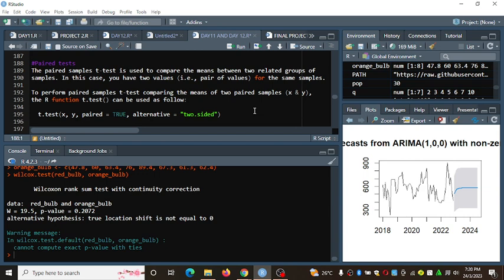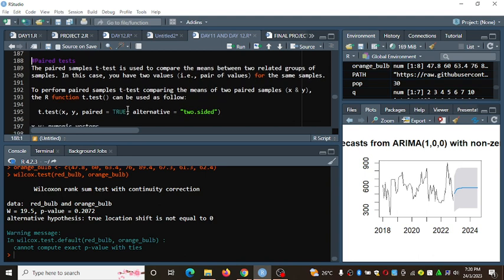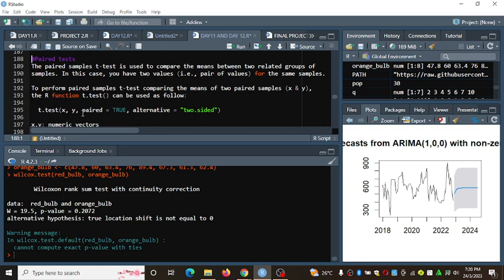t-test can be used as follows. We have t-test x and y, then we pair those x and y, and the alternative can either be two-sided.